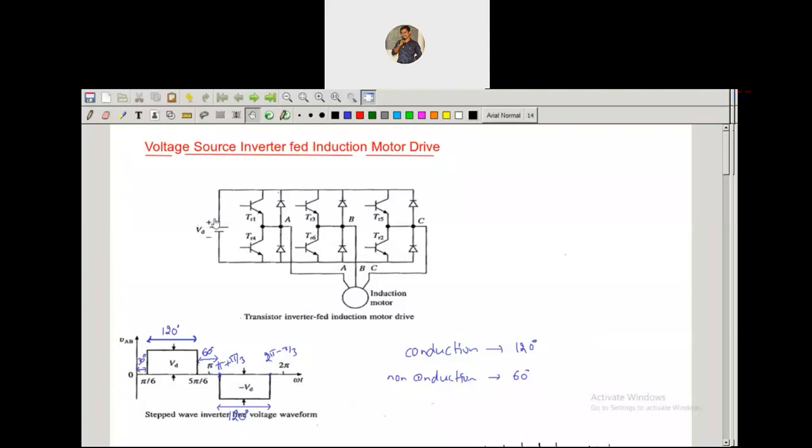We are going to use a chopper in between the DC supply and this inverter. That is, between this DC supply and inverter, we are going to connect the chopper. As we know, a chopper is going to convert the fixed DC to variable DC, right? So where the variable DC is not available, there we are going to connect the chopper in between the inverter as well as this DC supply. So it is one method.